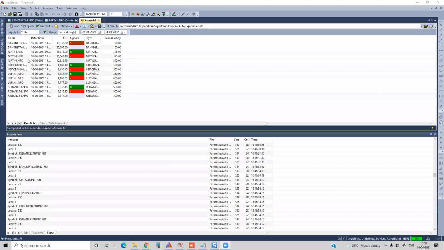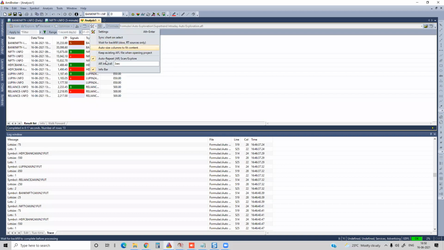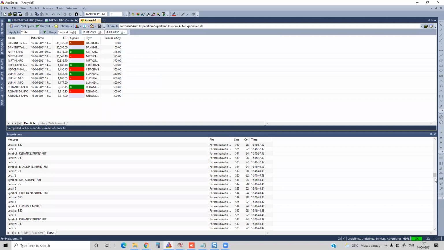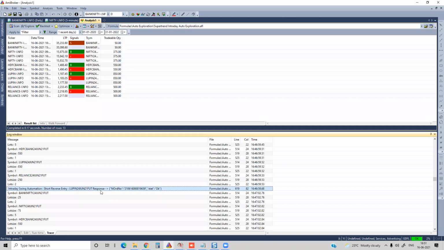It's been running. Let me pause the exploration here. I'll remove the auto repeat. You can see here there's a loop in response. The response is coming from the broker. What the broker will send is the order ID or the exchange order ID, transmitting it to AmiBroker, and we can use it to capture those things.